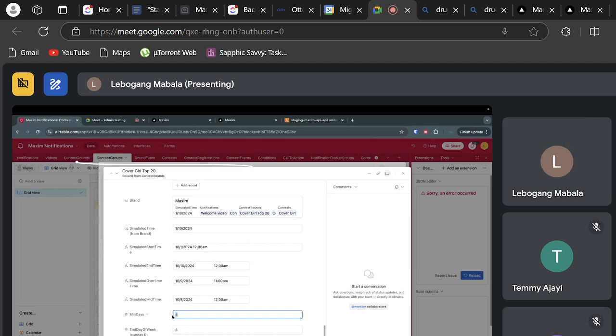Meaning I can't end the round on this Thursday because I haven't reached the minimum number of days, right? Okay, yeah. Now that means I have to shift the end date for this round to the next Thursday, right? Not this one. So meaning the round will effectively be next Thursday. Yes. Because it has to end on a Thursday.